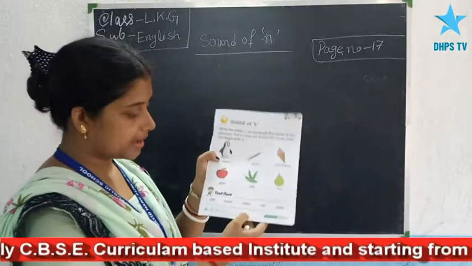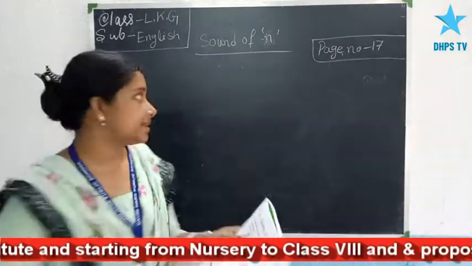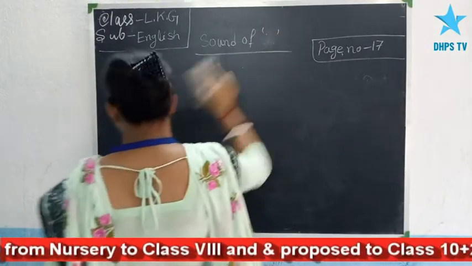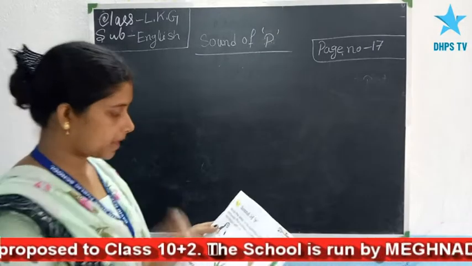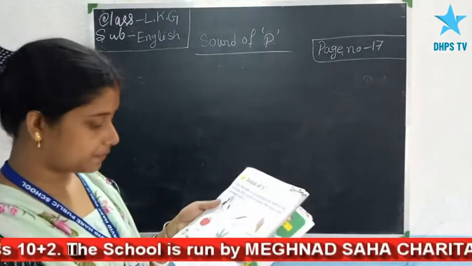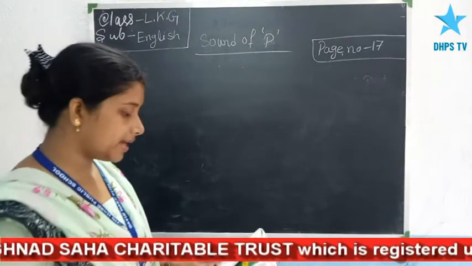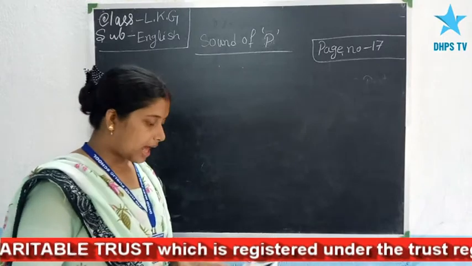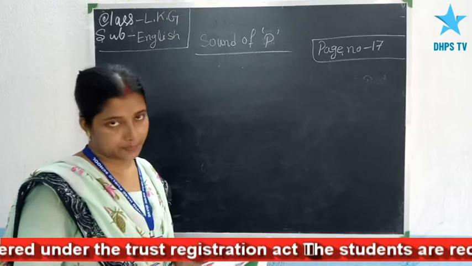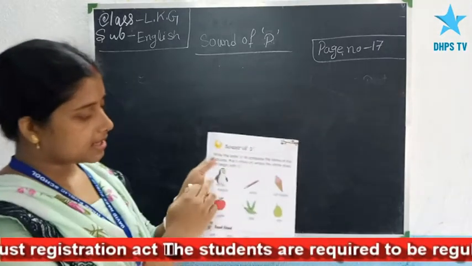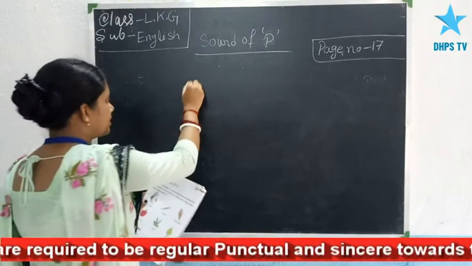Now turn to page number 21, and the new letter is P. And now read the task, page number 21. Write the letter P to complete the name of the pictures and put a cross where the name does not begin with P. You can see this is a picture of a penguin, and penguin starts with P.